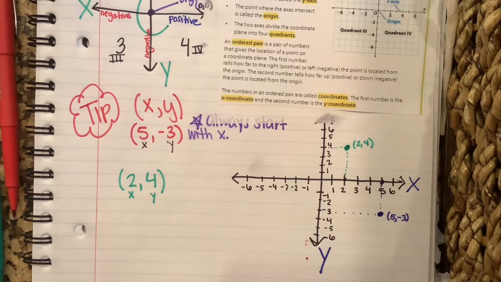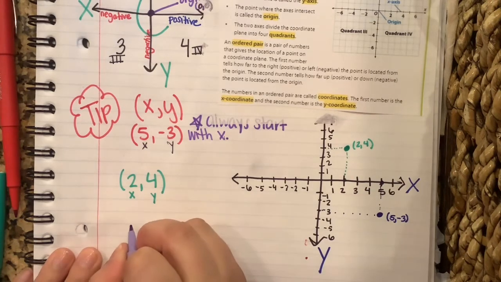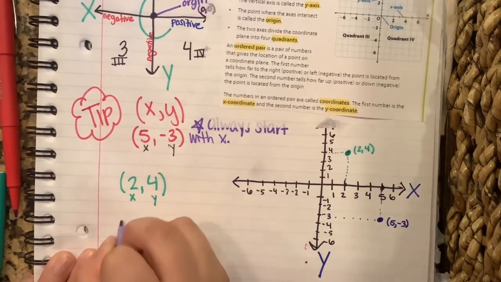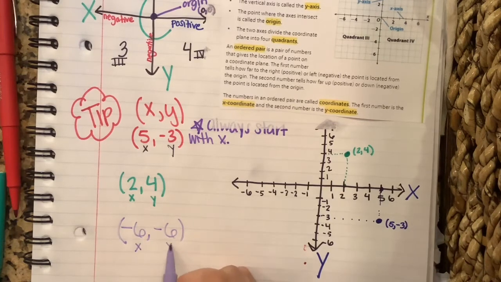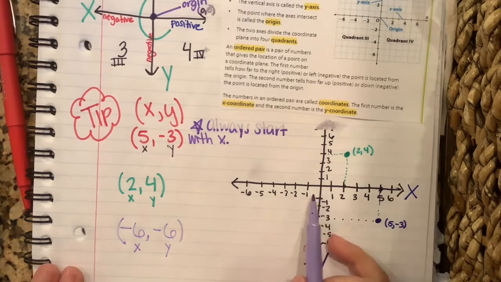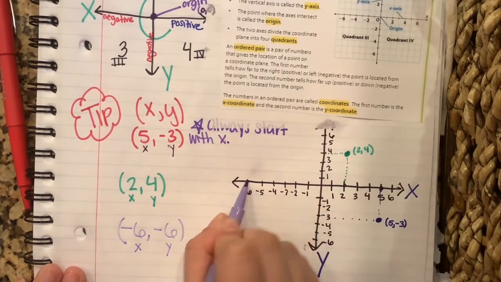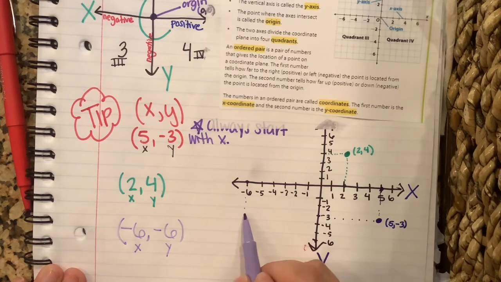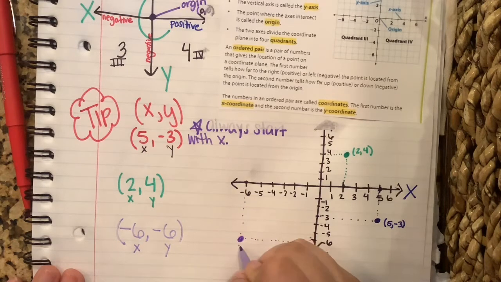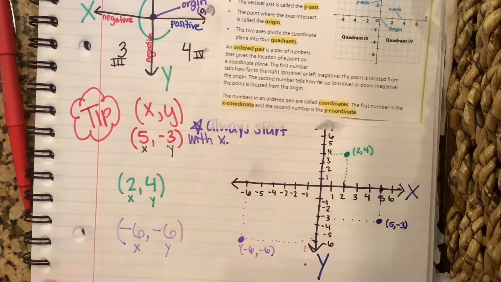This time you have -6, -6. So again, your x coordinate comes first, as always. So I'm gonna go down on my x-axis to -6, there it is. And I keep my pencil on it and I look for -6 on my y-axis. There it is. And I'm just dotting to where they might meet. And then where they meet, I make my large point and label -6, -6, and that would be in quadrant